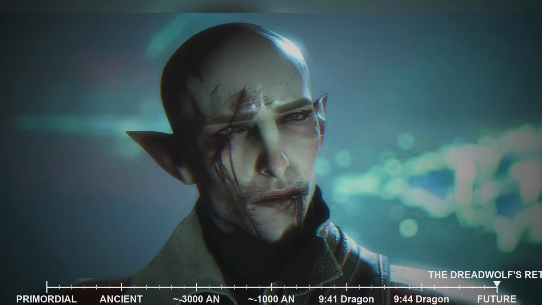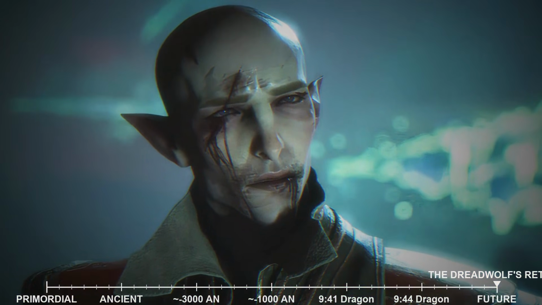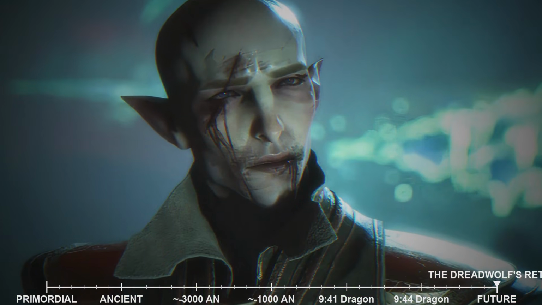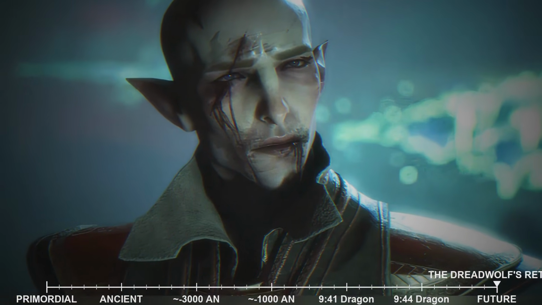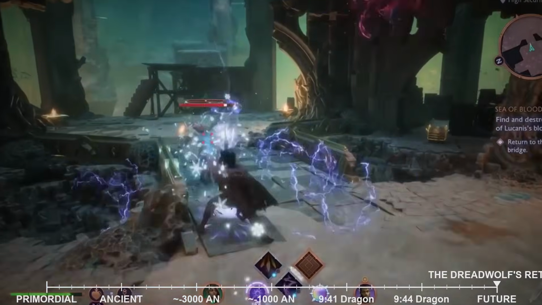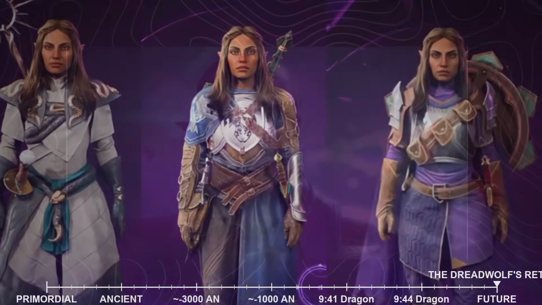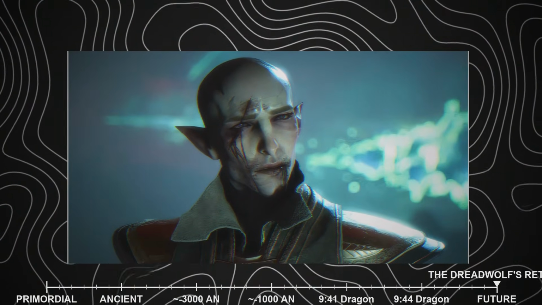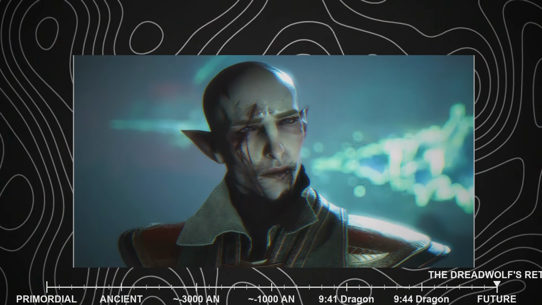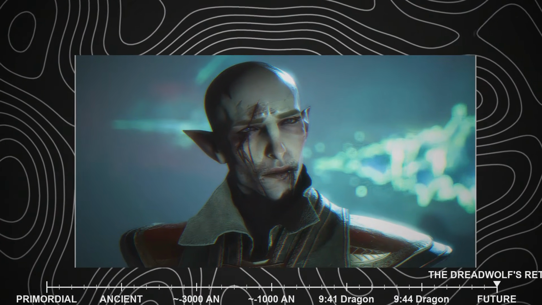Harding's return is another welcome sight, suggesting that the Inquisition, or at least its remnants, will still have a part to play in the fight against Solas. Her expertise in reconnaissance and her steadfast nature will undoubtedly be valuable assets to the new protagonist. Her presence also hints at a continued connection to the events of Inquisition, reminding players of the lingering consequences of Solas's actions and the efforts to track him down.